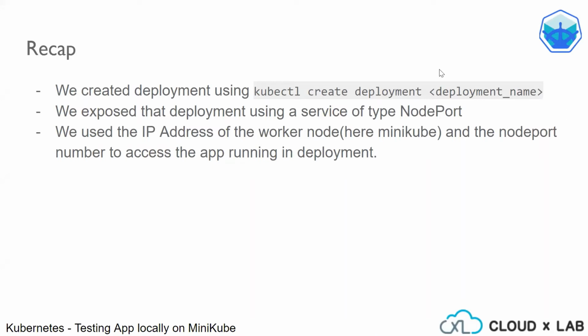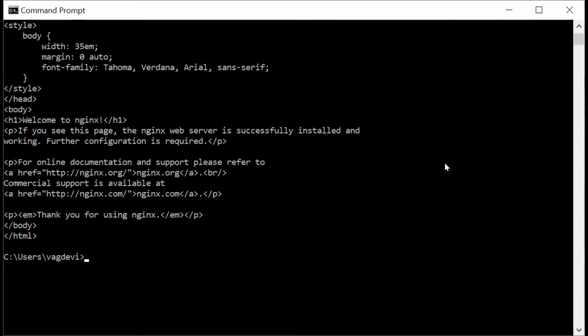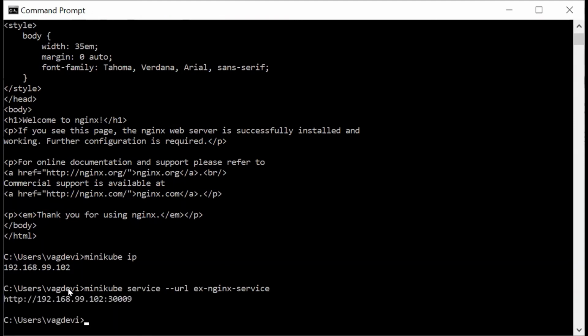Let us also see how to see the IP of the Minikube. minikube ip. So this is the Minikube IP. Let us use the previous command, the minikube service URL, which exposes the URL of the service. If you observe these two, the first part is the Minikube IP, which is the same.